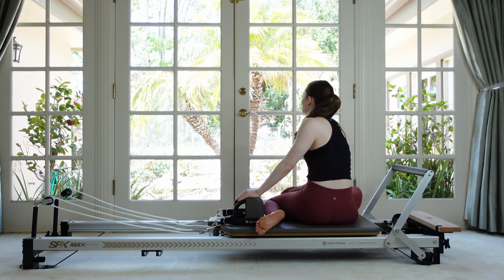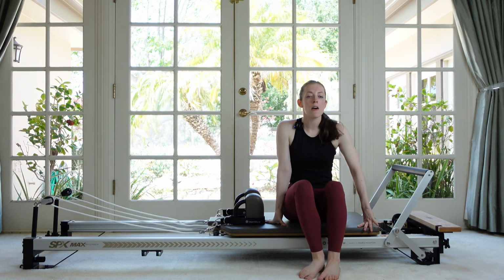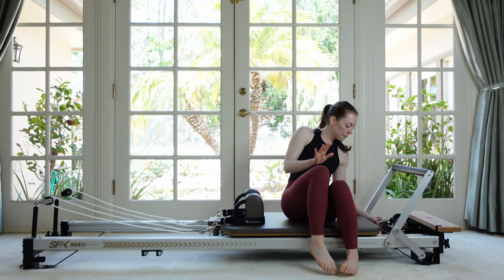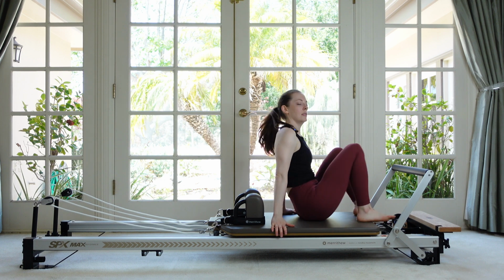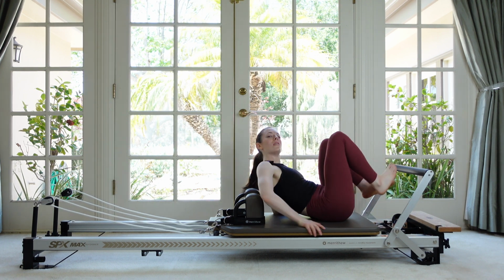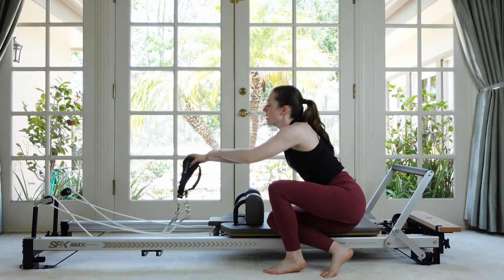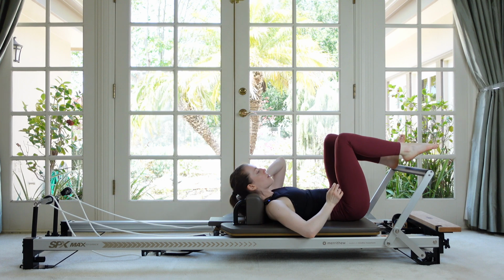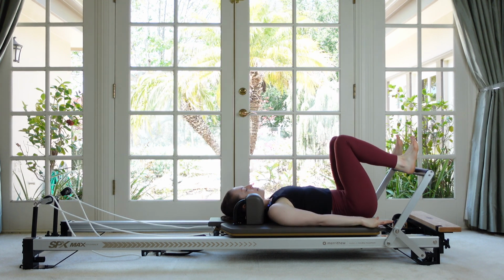Whew, so nice. Okay, let's lay down on our backs now and add on another red spring. So you've got two, yeah, somewhere around there. And then lay down. Okay, so you can have your head rest flat. I'm going to put my straps on the floor because we're not going to need them. All right, so once you're down here, have your heels on, hip width apart, and then arms by your sides,